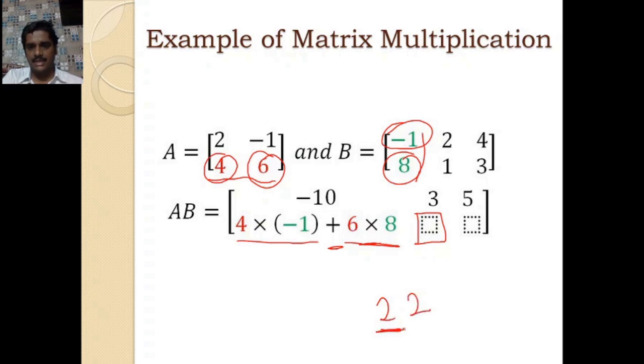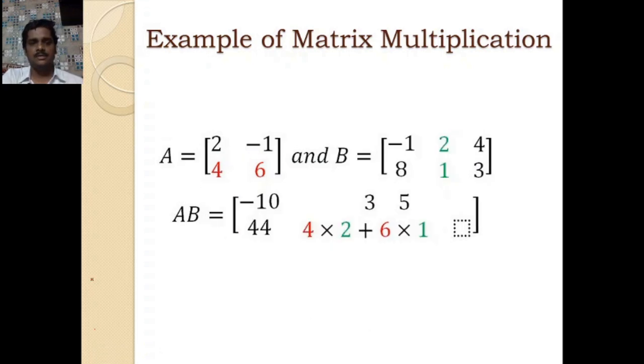So you'll pick second row of A and second column of B. You'll multiply them to get the second row, second column element of product AB. Here you can see second row multiplying with second column to give you the second row, second column